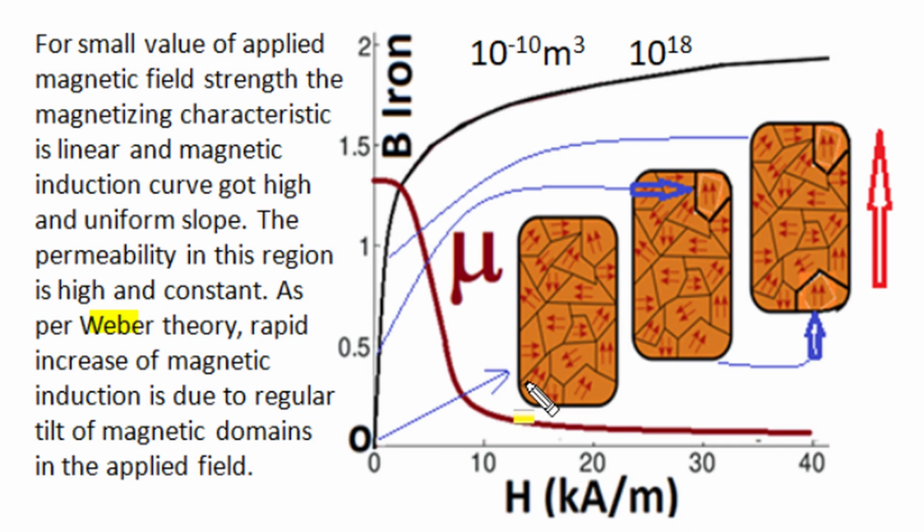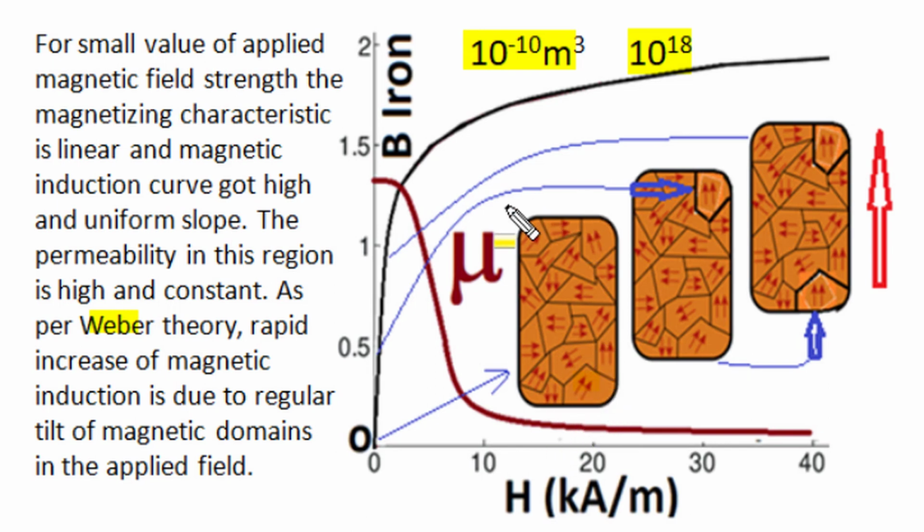Now in the magnetic domain structure, a small volume, roughly of the order of 10 to the minus 10 meter cube, has a huge number of atoms, and all those atoms of a single domain volume form a strong cooperative association and align their magnetic dipole moments in one direction only and become a relatively powerful magnetic dipole moment. An individual atom has a magnetic dipole moment of the order of 10 to the minus 23 ampere meter square, and when such a huge number of atoms in a domain volume form a cooperative association, a domain becomes a relatively powerful magnetic dipole